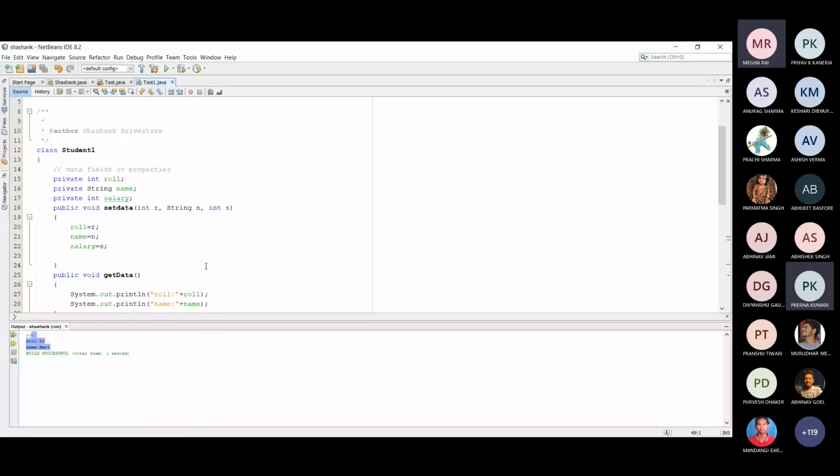Most programmers prefer this approach, that is constructor calling. With the help of a constructor you can initialize the object. Before going into the third method, I will describe some theory and then come back to the same program. I will just stop sharing this.